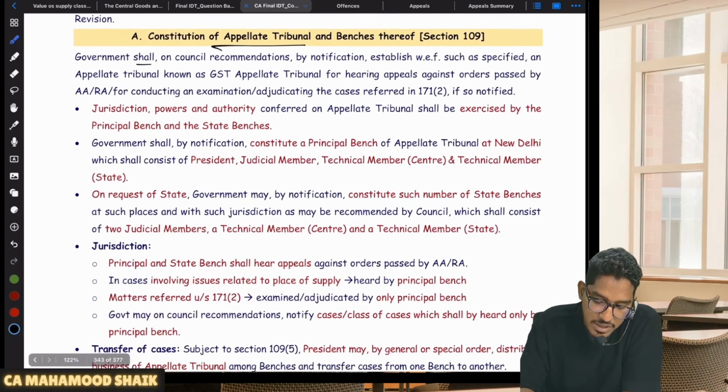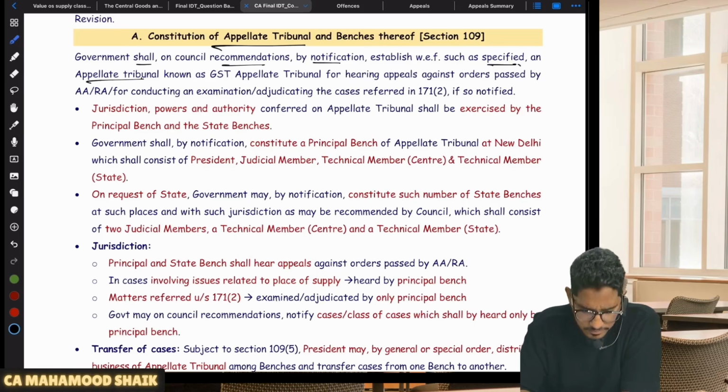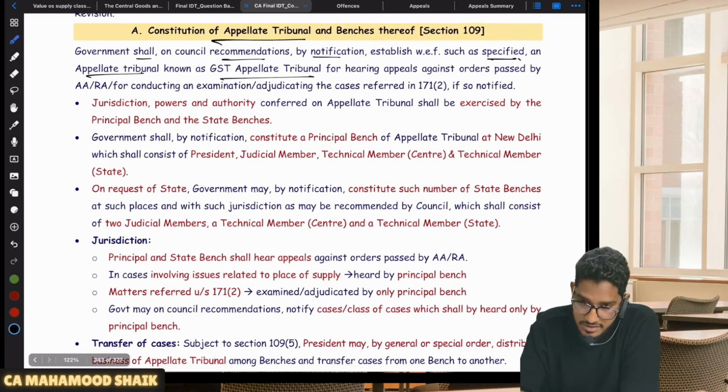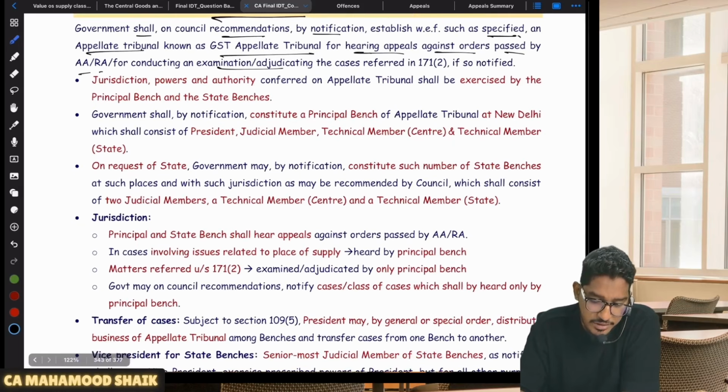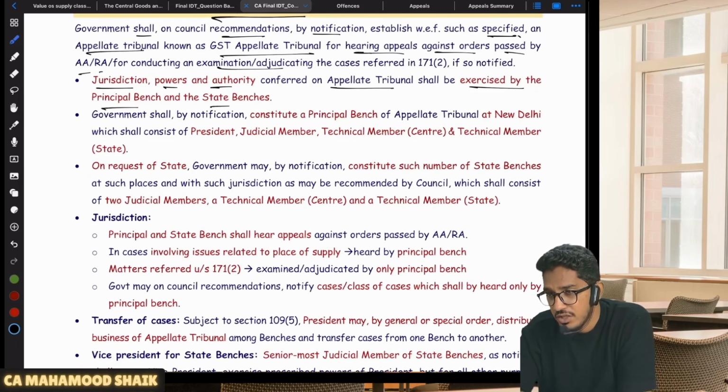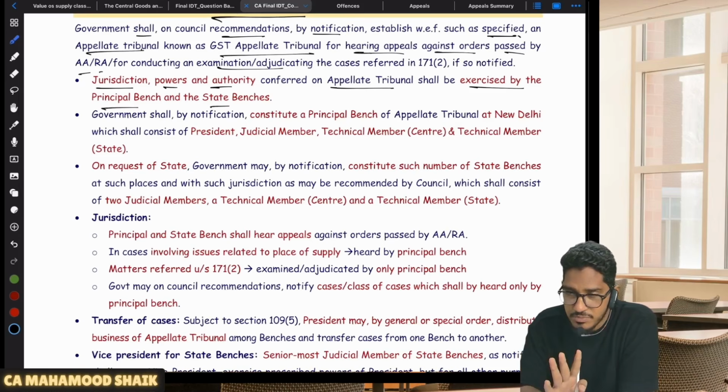As I have told, the government shall, on council recommendations, by notification establish with effect from a specified date an appellate tribunal, which will be called the GST appellate tribunal. For what purpose? For hearing appeals against orders passed by the appellate authority and revision authority, or for conducting examination, adjudicating, etc. Jurisdiction, powers and authority conferred on the appellate tribunal shall be exercised by the principal bench and state bench. So for carrying out the functions of the appellate tribunal, they have created two benches: principal bench,